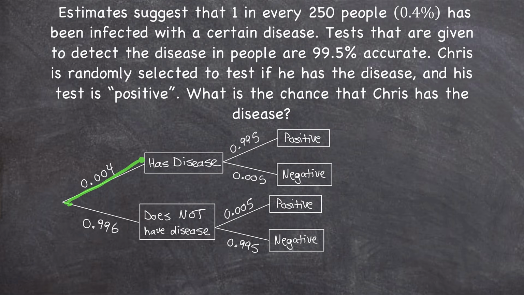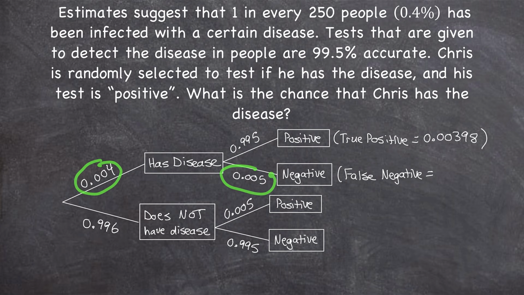They could have the disease and then test positive, which is a correct test result, so we call that a true positive. And we could find the probability of that happening just by multiplying the probabilities along that path. So 0.004 times 0.995 is 0.00398. They could have the disease and then test negative, which would be an incorrect test result, so we would call that a false negative. And the probability of that happening would be 0.004 times 0.005, which is a very small probability,